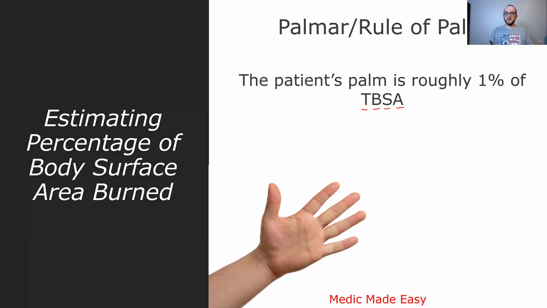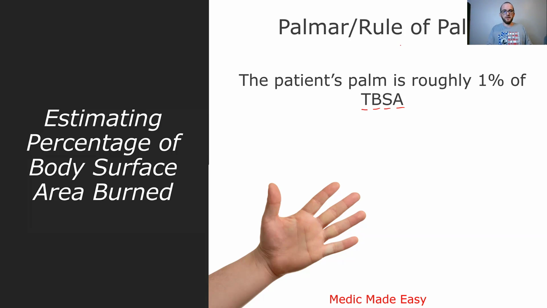So go back to what your book says, right? Even across the books that we use, I believe our EMT book says it includes the fingers, the hand and the fingers is 1%, but then our paramedic textbook says it's just the palm, not including the fingers. And if you go online and type in rule of palms for burns or body surface area percentage, you'll find a bunch that say one and a bunch that say the other. So my simplified answer for you is to go with whatever your book says, and know that because of the variability,